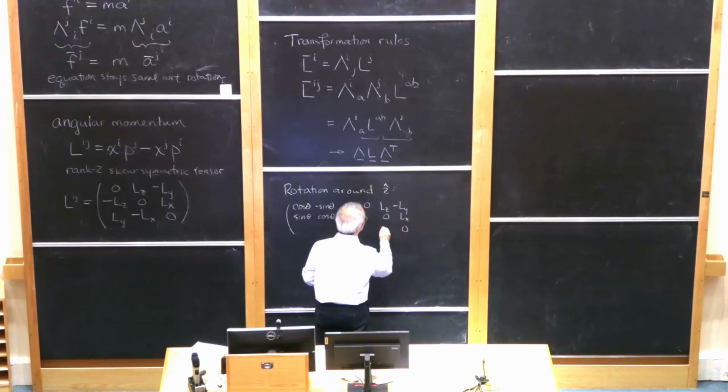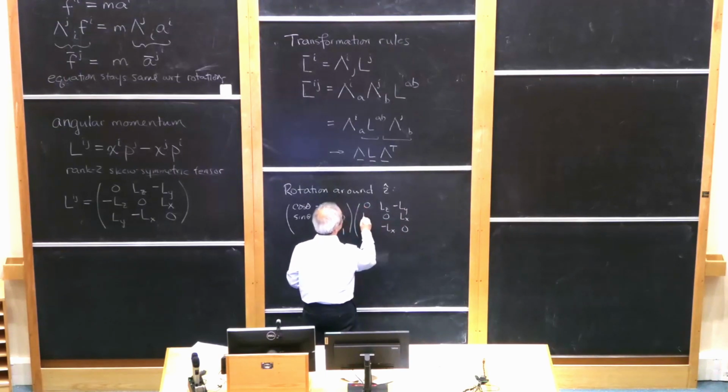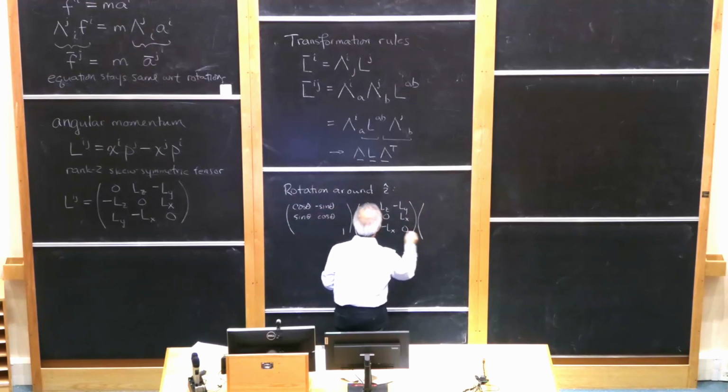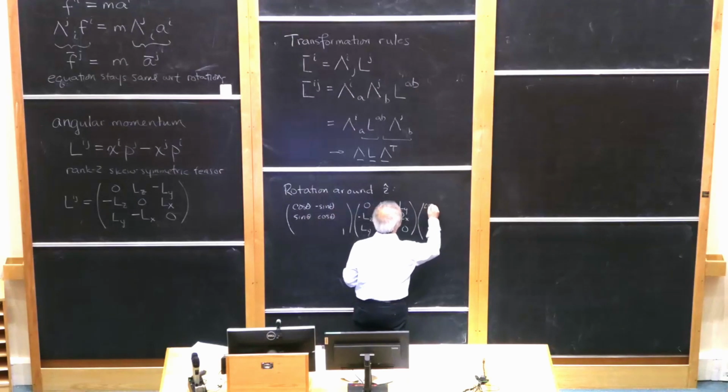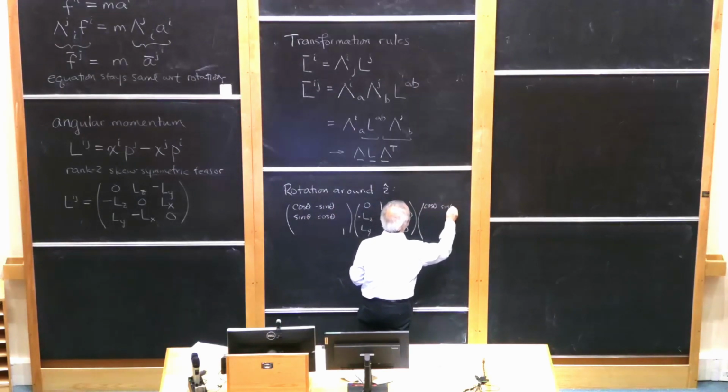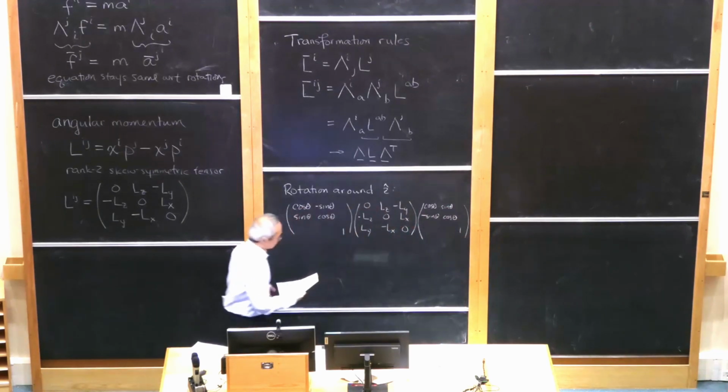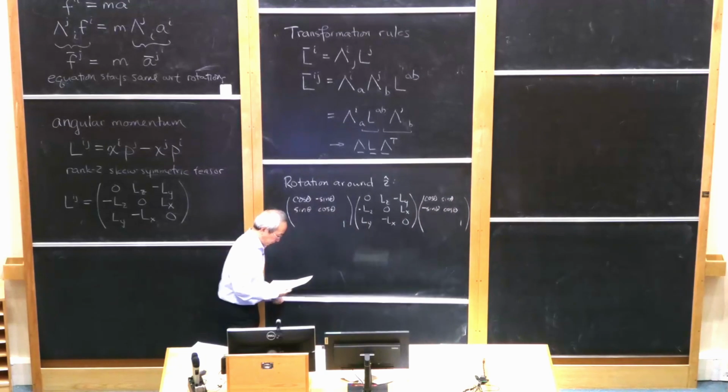So we have our matrix here, and then of course you have the corresponding transpose over here: cosine theta, sine theta, minus sine theta, cosine theta, and then 1. Now, if you multiply this out,